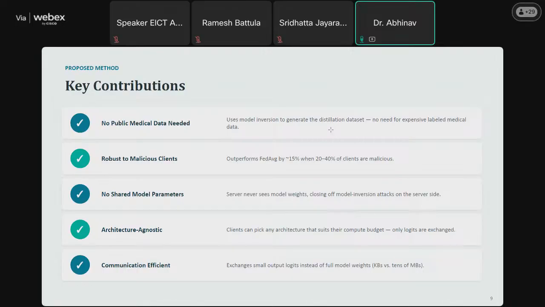Think about a deep learning model like ResNet 18. It contains approximately millions of trainable parameters and requires around 44 MB of data to be transmitted in every communication round. But in MediSec-Fed, instead of sending millions of parameters, the client sends only a few logit values corresponding to the output classes. Therefore, the communication requirement is reduced from megabytes to only a few kilobytes. This is a huge advantage, especially for hospitals connected through slow or bandwidth-limited networks.